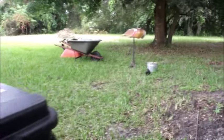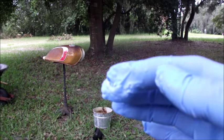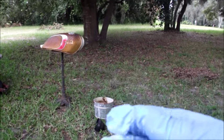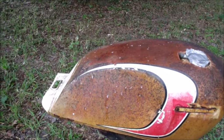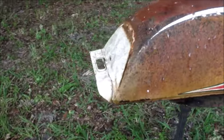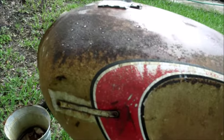So I did my first spraying, and give you an idea of what this stuff does. Look at the gloves, how it reacted to it. It's been on there a couple of minutes now. I sprayed as much as I can, the whole tank, and once I start seeing it bubble up a little bit, I'll take my wooden stick, a wooden wedge I should say,